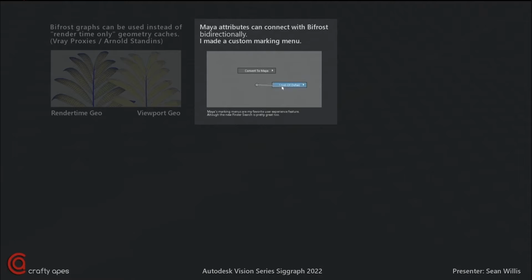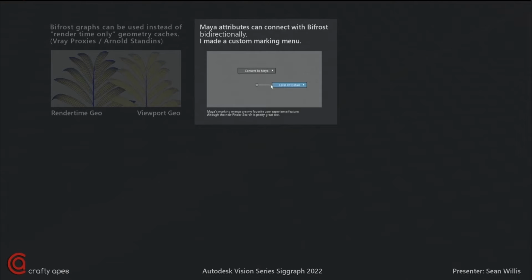The next one, which is for user experience, is probably the big one, which is that Maya attributes and Bifrost attributes can connect to each other bidirectionally. So you can drive parameters in Bifrost from Maya, and Maya can get parameters driven from Bifrost. So it allows this procedural hook. It's visual programming, so you can bring this big layer of logic, driving functionality in Maya that you want to automate or process or just do something with. Bifrost has this whole diagnostic thing, and in the Marking menu, you can see you can turn on proxies and diagnostics. Set up your graphs right, they can be really, really useful in this capacity.